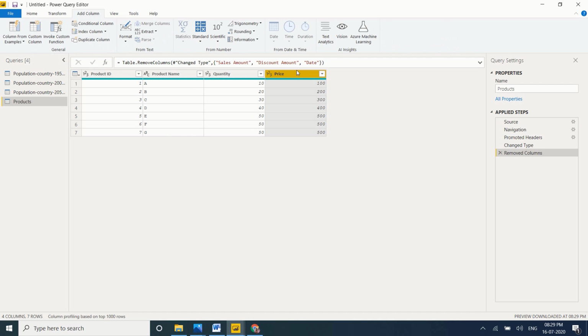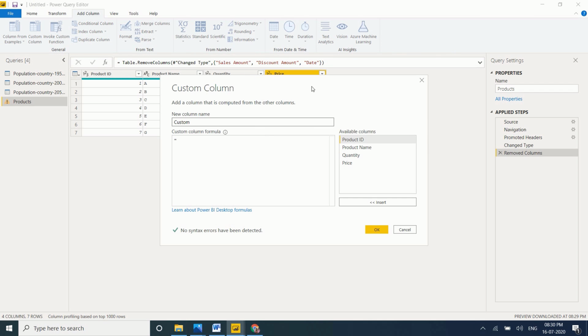Okay, custom column, you want to pull numbers, just go to custom column. Custom column will create the extra column to the existing table. Give the custom column name. I just want to pull the numbers in that column. That's the reason why I'm just mention number. Column name itself number. Okay, I just want 1 to 3. So if you have any syntax errors, then it will show errors. Okay, if you don't have any syntax errors, then it will green tick. Okay, no syntax errors have been detected. Let me click on OK.